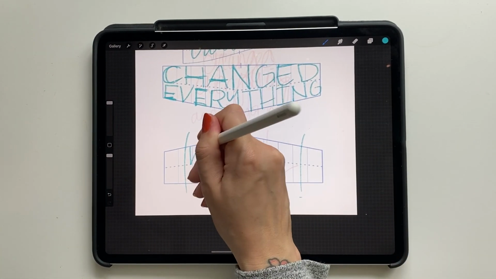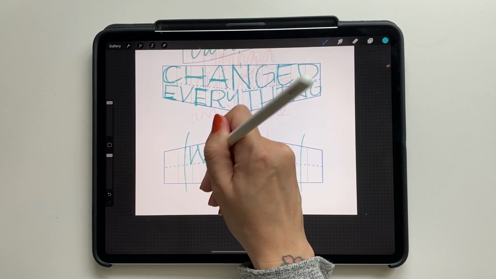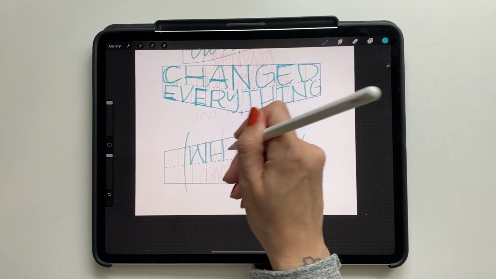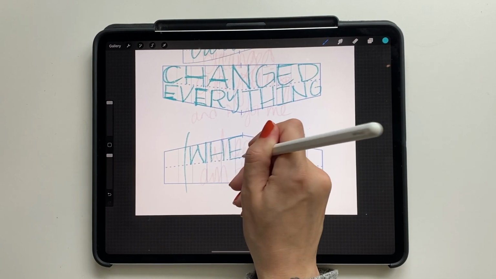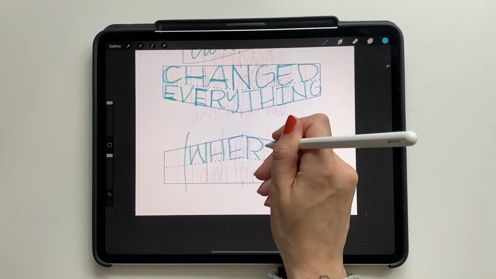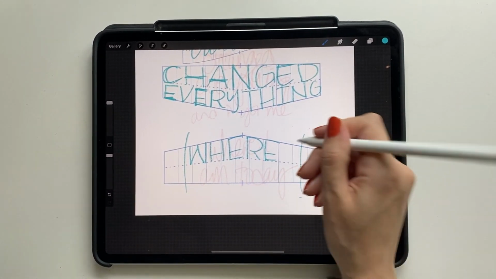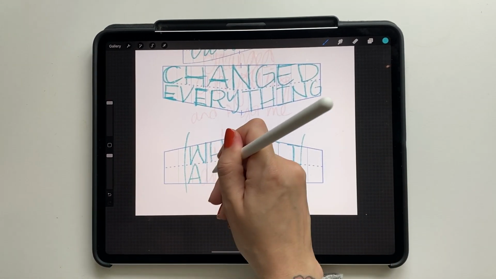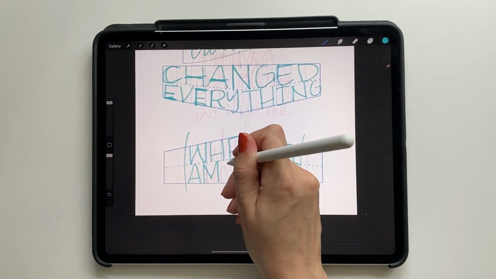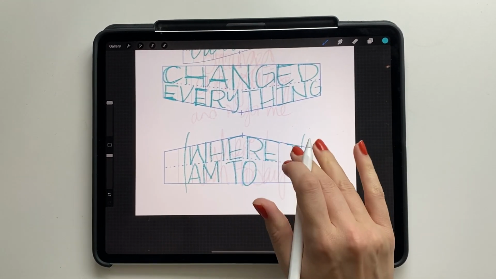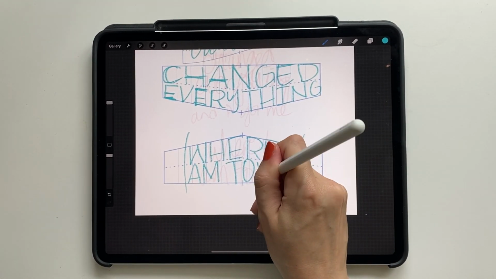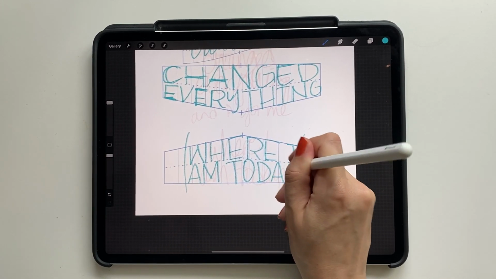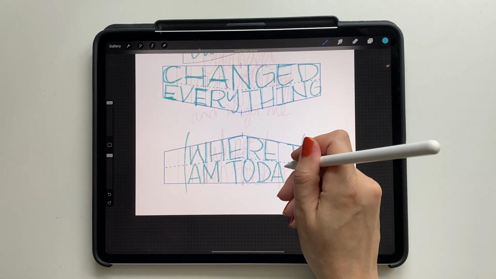Okay, so I'm going to do my W, H, E, and then it's going to start to go down. This might be too far. No, it's good. Where I, and then am today. I'm kind of just eyeballing this, but if it helps you to do that trick with counting the letters, I do recommend doing that. Okay, so now that is in there,